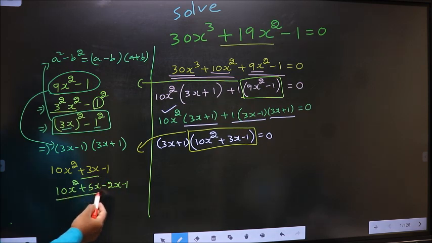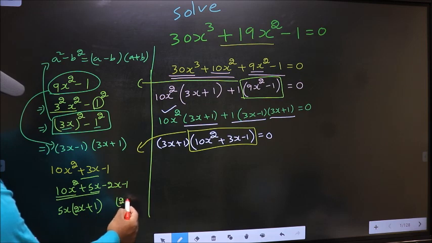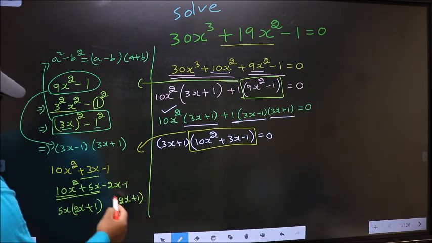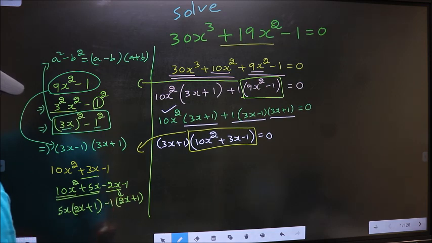Next, what can be taken out common from these two terms is 5x. So here you get 2x + 1, from this 5x out you get 1. Now whatever you got here, here also you should get the same thing. From this 2x gone inside, so outside you get −1.